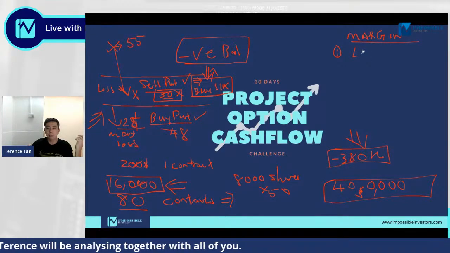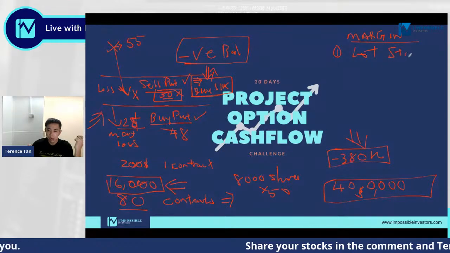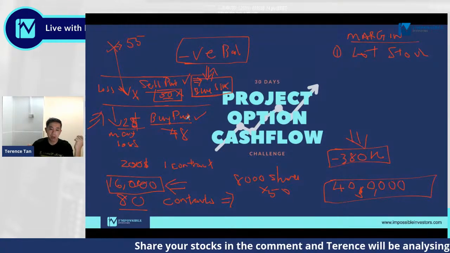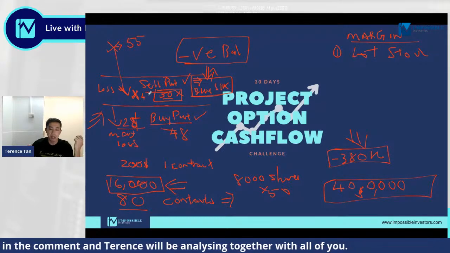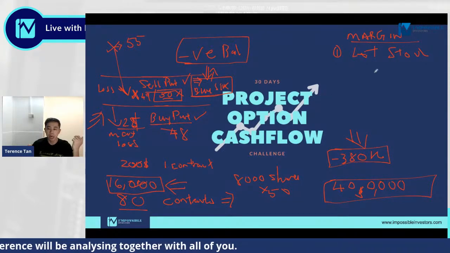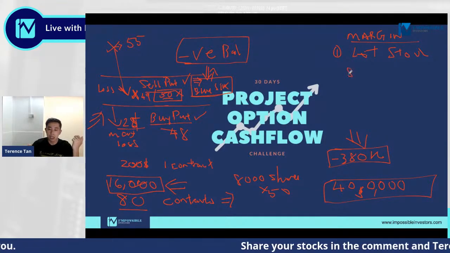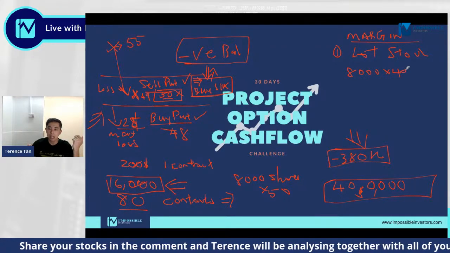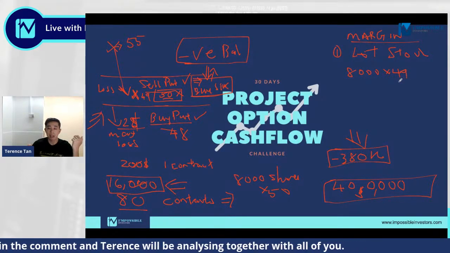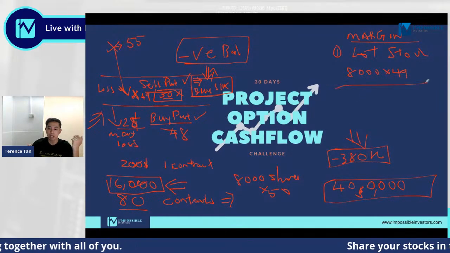Right now, if he lets the broker sell the stock, which is probably somewhere here right now, the price may be something like 49. So when the broker liquidates the stock over here, the broker is going to sell 8,000 shares at $49 each. So if he realized after that, what he would have actually lost